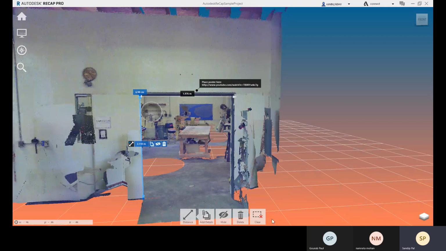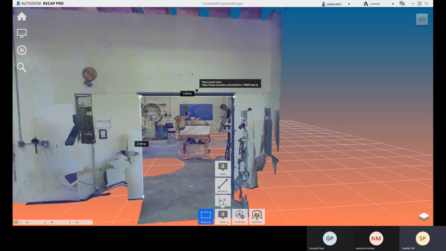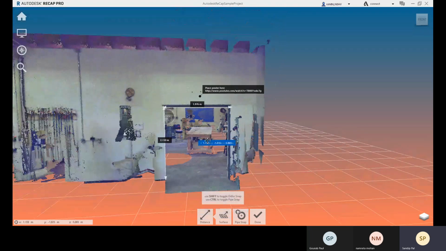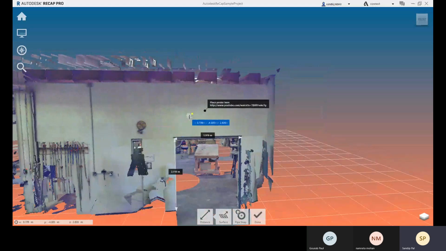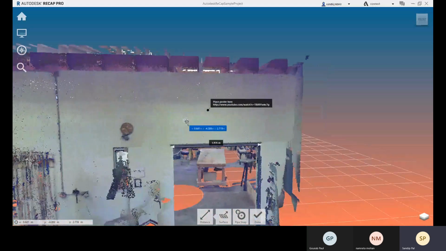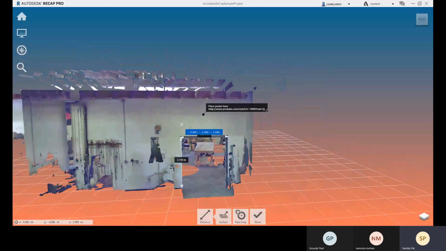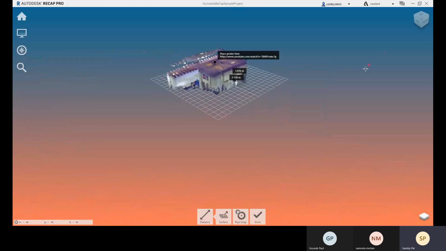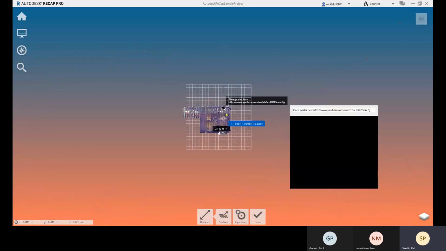Okay, and now let me show you one more thing, that you go for this distance, and there you have this surface option. So on this surface you can just go for, let me change this surface, let me go to this top there.